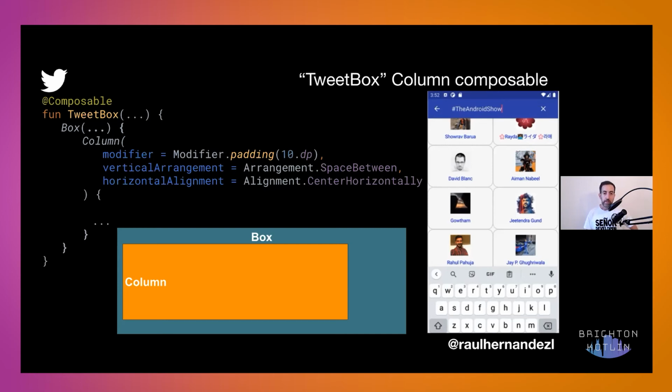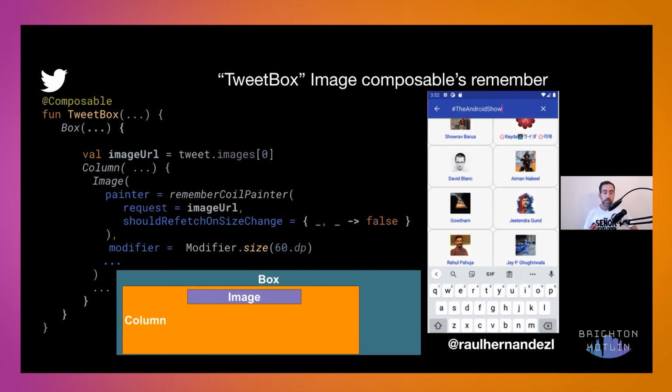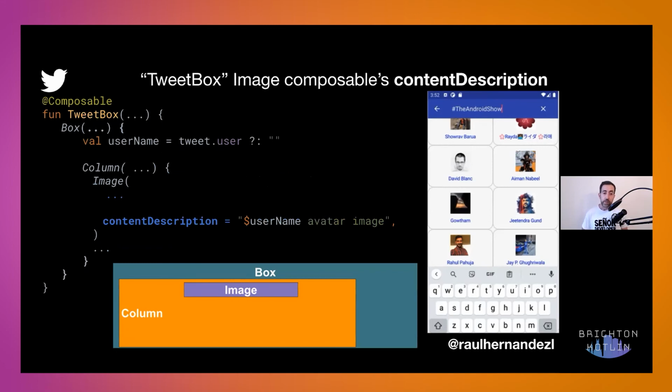And the first element that we use is actually the image. So the image contains the URL, because probably we don't want every composition to load the URL again and then load the image. We can just use the operator remember coil painter from the library, and this will keep the URL for us. Then also super interesting and important, content description, because we are developing for everyone and accessibility matters. We need to use content description all the time. Please don't do the trick of using quote, and add some valuable information for our users.